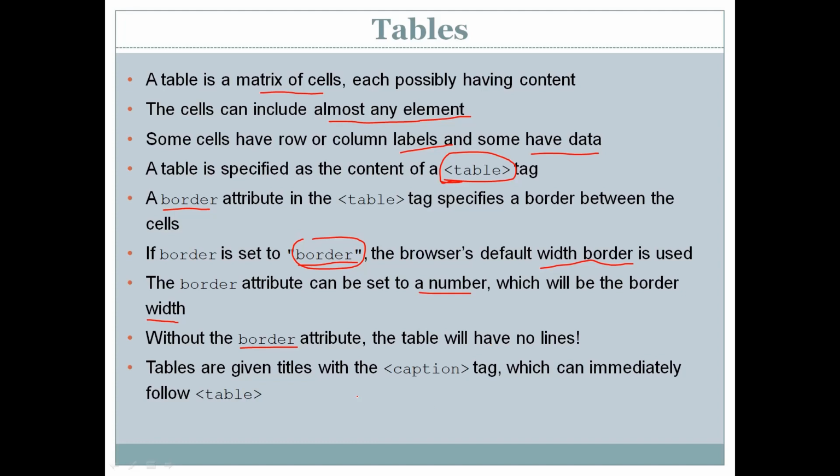Tables can be given titles. You can give a title to a table by using caption, which immediately follows the table tag. It has to be inside the table tag, and it has to be the first tag after the table tag. Caption is used to specify the title for your table.